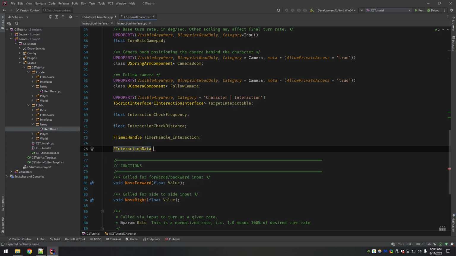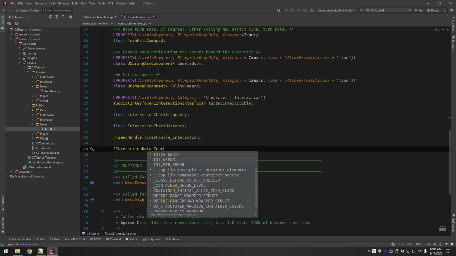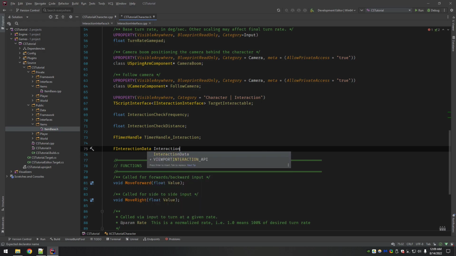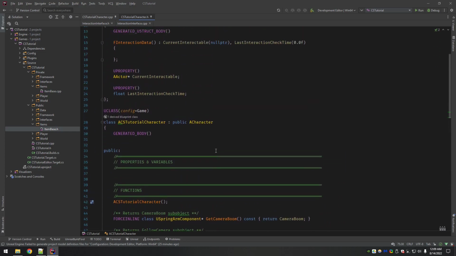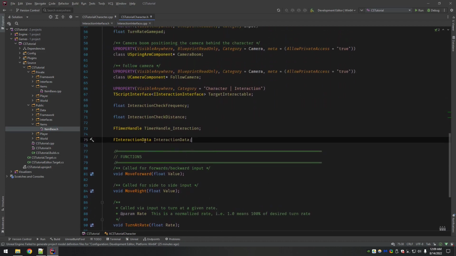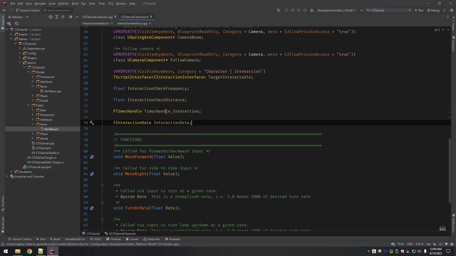I was misreading it because the names are kind of similar. Okay, oh man, the A's. So this one is what I just built up here, this struct, with our current interactable and our last check time. That's this. And then the timer handle we're going to use to actually create a timer for the interaction.